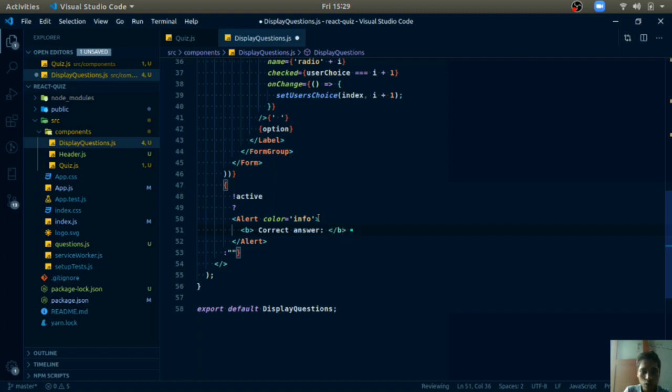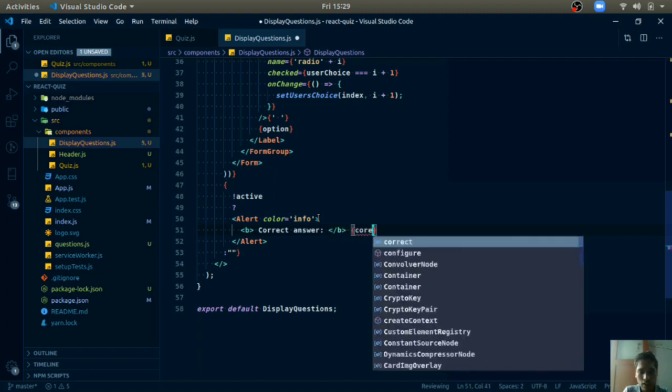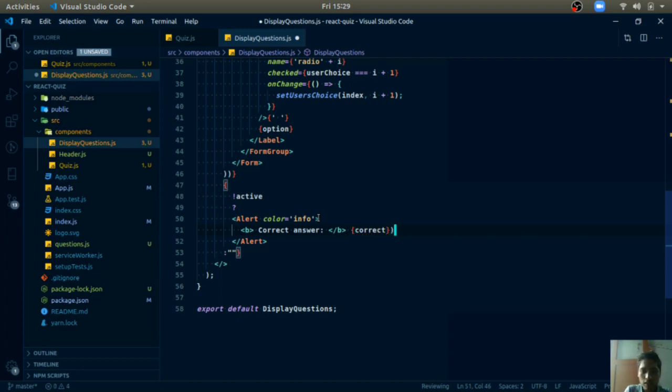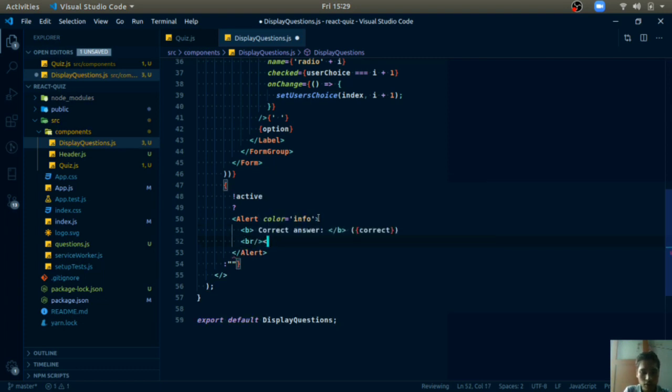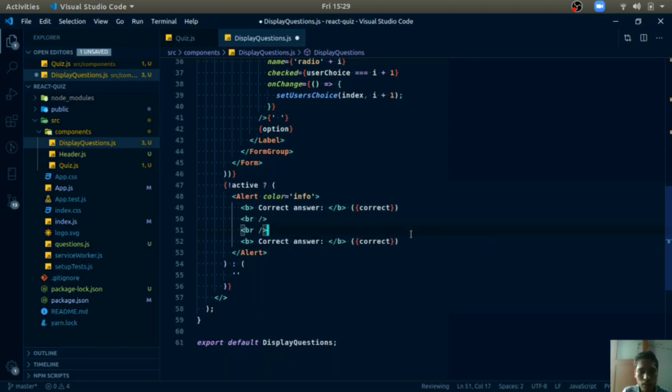The index is stored in the correct variable, so I will use correct and place it in brackets. Also we can display the description here, just place some line breaks, and after that in a similar fashion we will display the description of the answer. Just write description and use the DESC variable here.